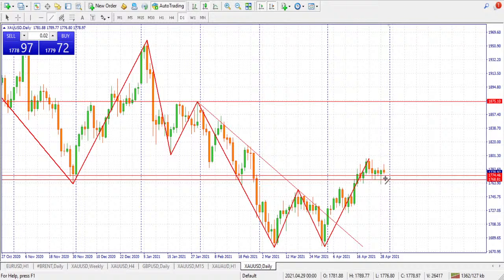So expect a continuation to the upper side, at least up to around 1875.10. So that means this is a good place to wait for a buy from. As it is now, this will give us the ideal place where we want to look for a buy from. Let me give it a different appearance so that you're able to see it clearly. Right, so this is a good place we want to look for a buy from. If you're on this chart as we're speaking, keep looking for buy positions, especially while the price is above this zone. So following the previous day's pin bar, this is upwards, at least up to this point,